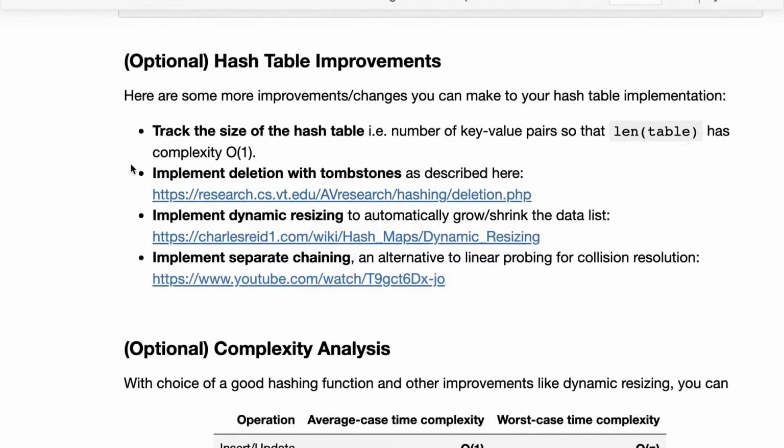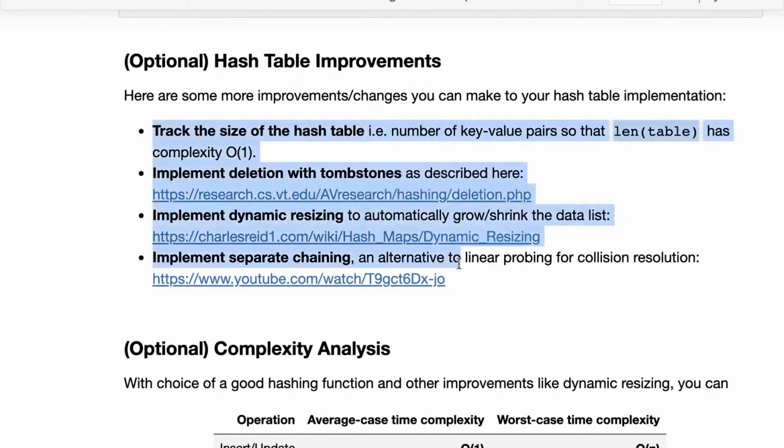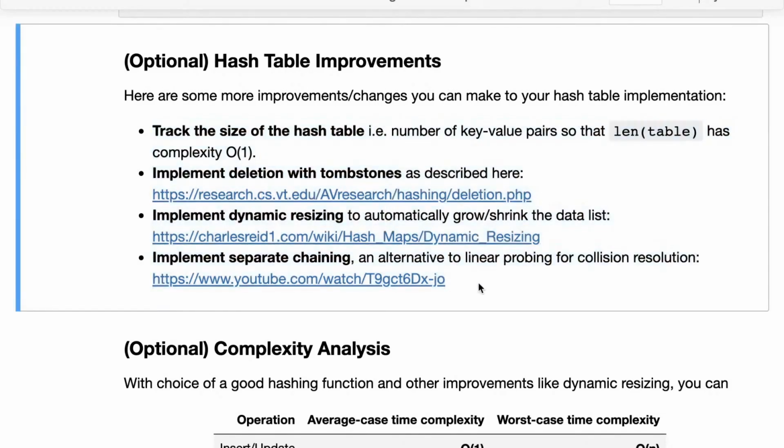This is a great exercise if you want to improve your Python programming skills and also understand how hash tables work. If you can complete these 4 exercises, there's pretty much no question related to hash tables that you cannot answer. You will know everything about them, and each of these exercises may take another 30 minutes to 45 minutes, but it's completely worth the time. Maybe set aside a few hours on the weekend to work on these optional exercises.